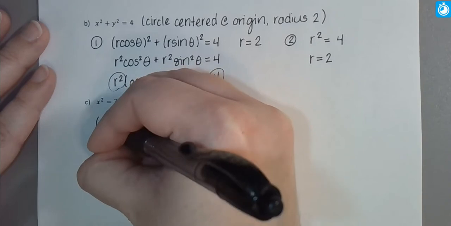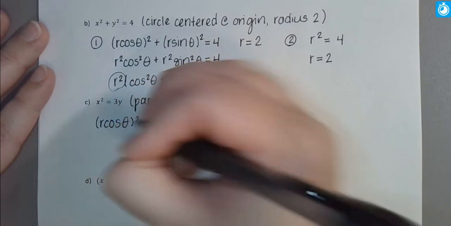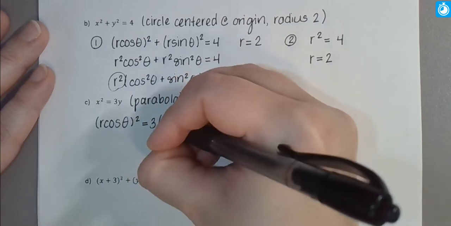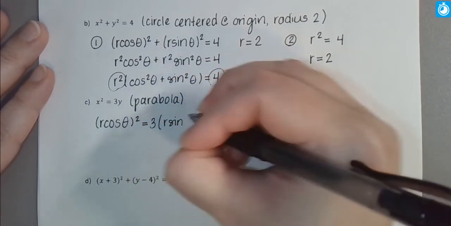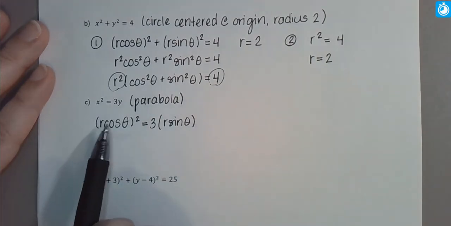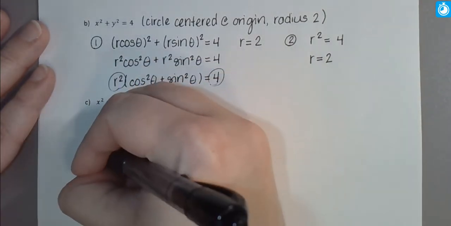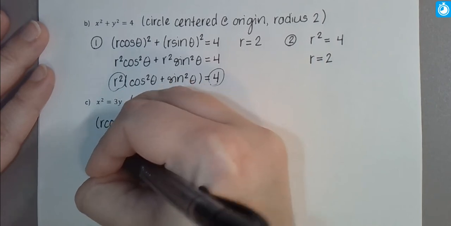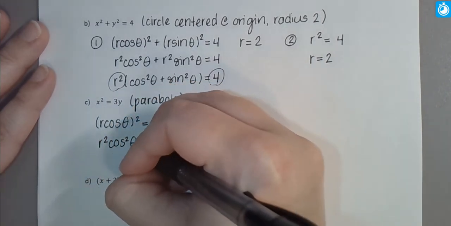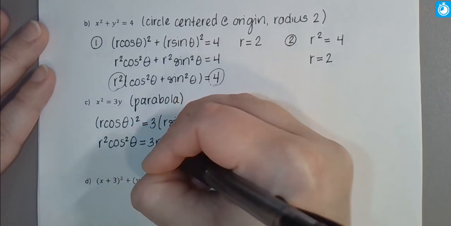So x is r cosine theta, so we have r cosine theta squared, is equal to 3 times y, which is r sine theta. Okay, so square both factors. So that's going to be r squared cosine squared theta is equal to 3 times r